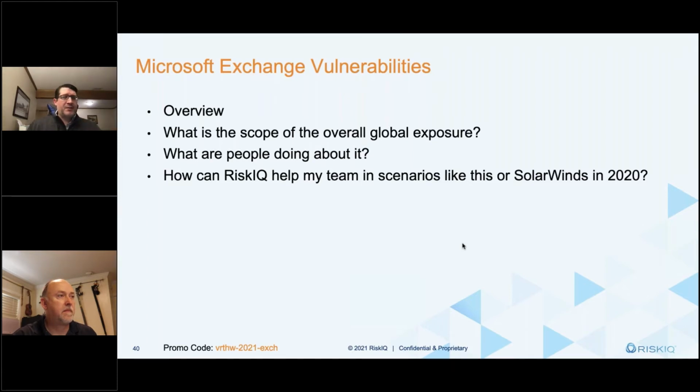Now that Benjamin's talked a little bit about our collections, what I'd like to do is talk about what RiskIQ is able to observe at both a macro as well as a micro perspective of these vulnerabilities: how many exposures are out there, where are we at today compared to a couple weeks ago, from a global perspective, from a national perspective. That's all things that we're doing with our data. That's not something historically we've ever really exposed within the product itself, but the data is there, and I'll show you how to get to it as part of this conversation as well.